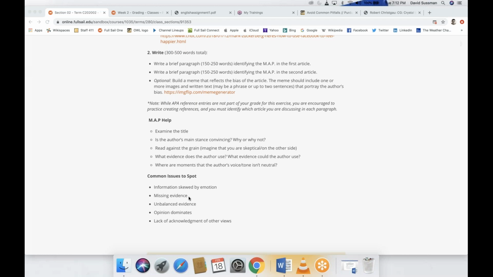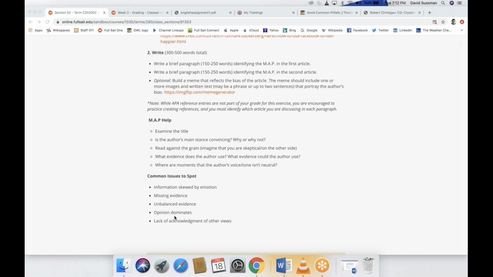Things that you can just feel, right? Trust your gut, by the way. Yes, spend time with it, read it closely, read it a second time if you need to, or skim through it a second time. But just try to feel where there's stuff that you feel could have been mentioned but isn't, right? That's missing evidence or unbalanced evidence. So they briefly mentioned something that you thought would be useful, but they don't really give it much time or attention.